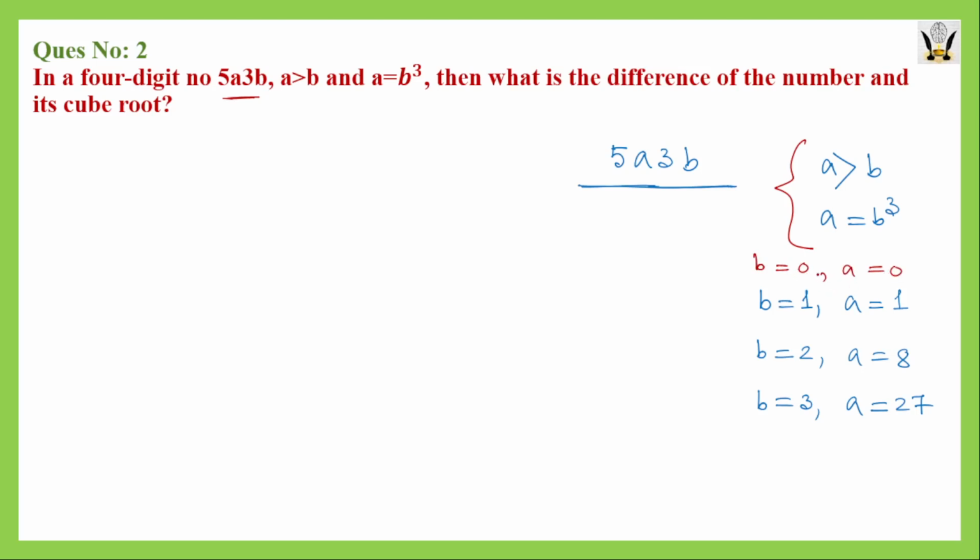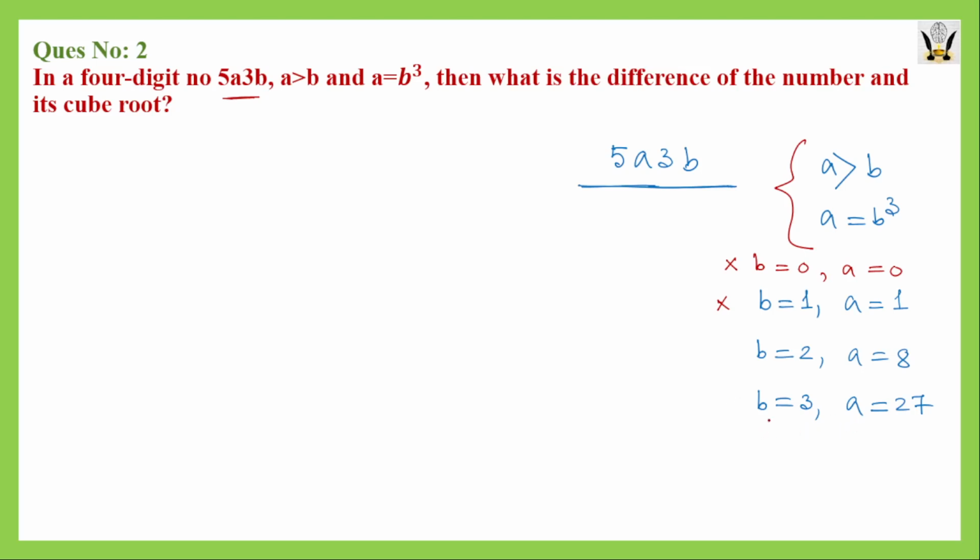But this will not be applicable because the first condition is A is greater than B. So this is not applicable. This is also not applicable because here also A and B are equal. The fourth option apparently looks applicable because here A is greater than B,